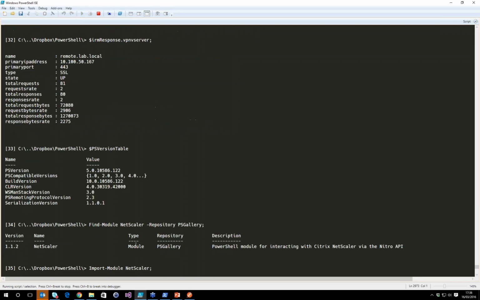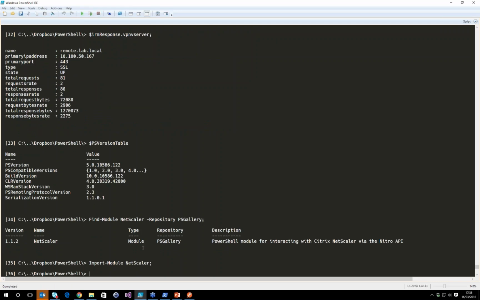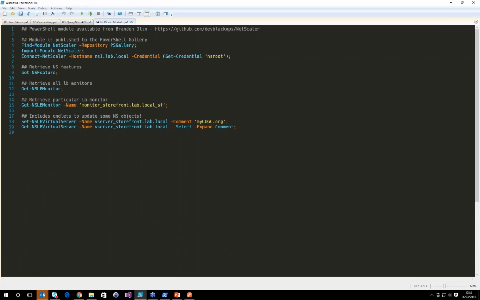I'm going to import the PowerShell module. I've already got it installed on my machine. If I wanted to install it, then instead of doing Find-Module, I could just do Install-Module, okay, instead. So now we're going to connect to the NetScaler. Notice that this is a lot nicer in terms of how we're going to connect. So we can connect using Connect-NetScaler, give it a host name that we want and a credential. If you wanted to use HTTPS, you could. It'll fail because the certificate trust isn't there on this machine. But if I run this,